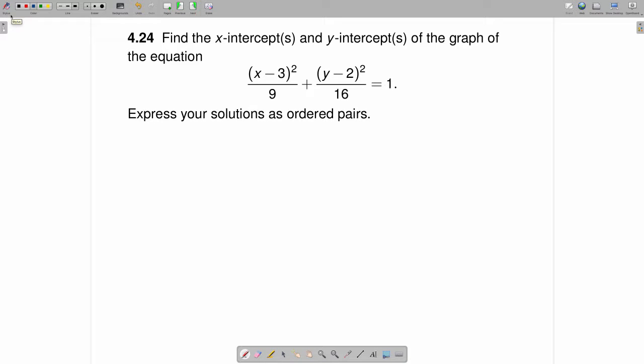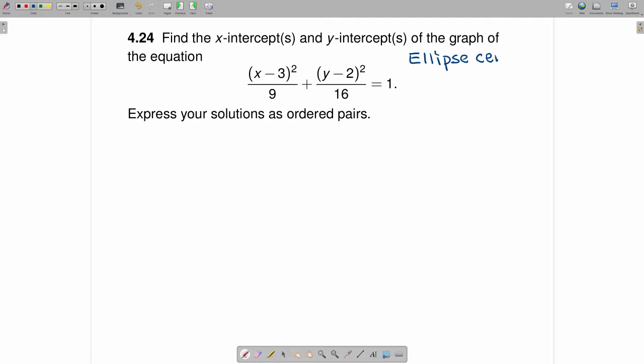Find the x-intercepts and y-intercepts of the graph of the equation (x − 3)² over 9 plus (y − 2)² over 16 is equal to 1. Express your solutions as ordered pairs. If you've been reading in the notes, you will recognize this as the graph of an ellipse